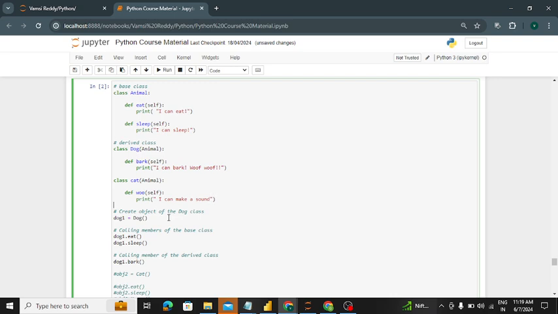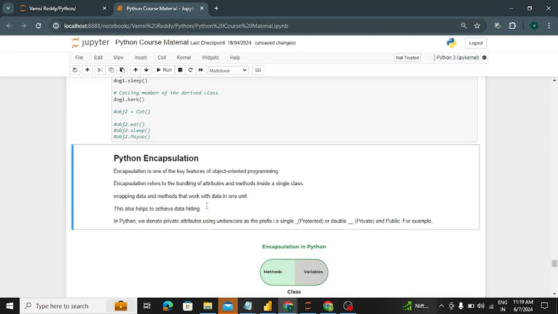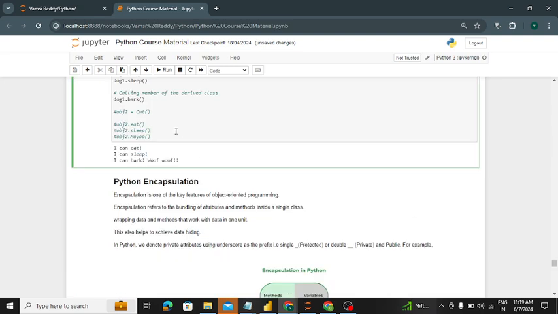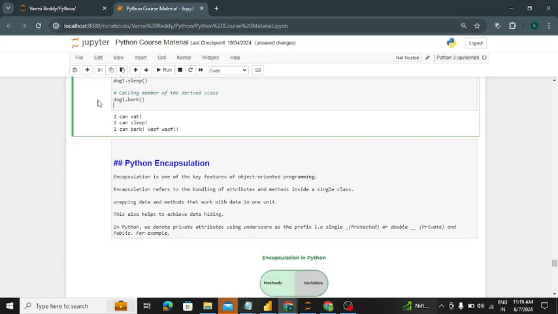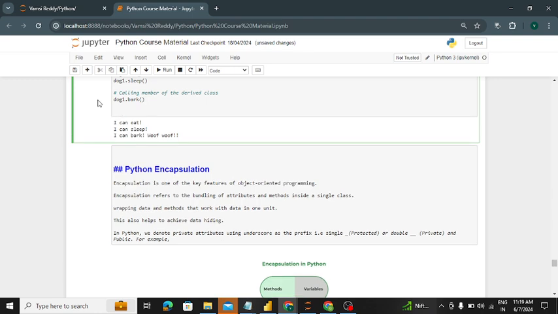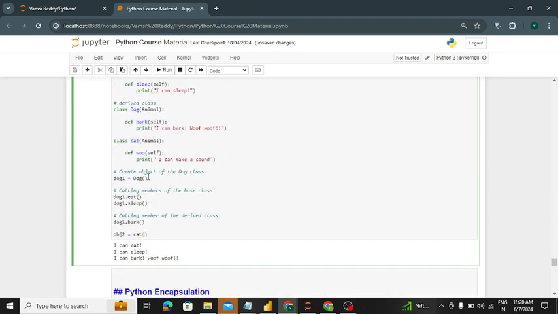If I need to call this class, first I need to create an object, obj2 equals to cat. This is a class. Cat, done.